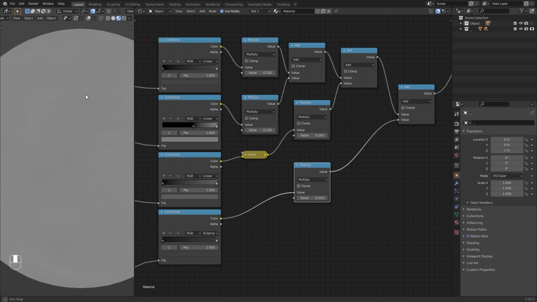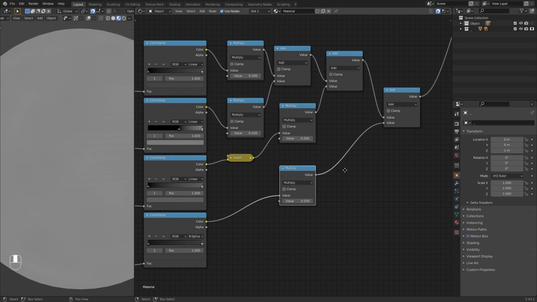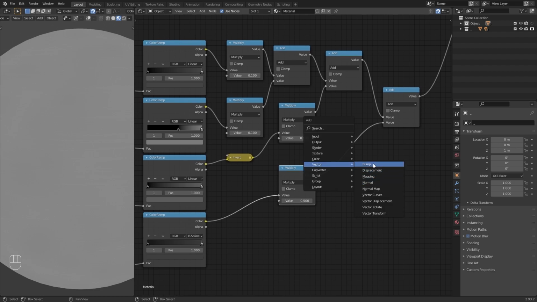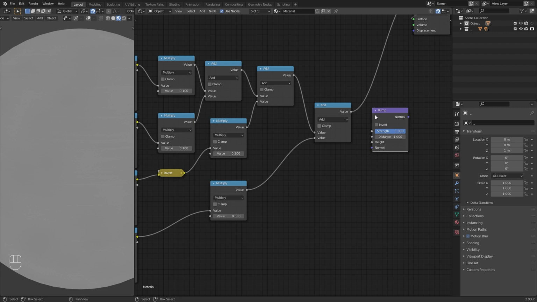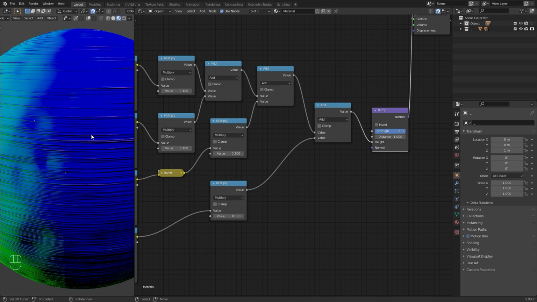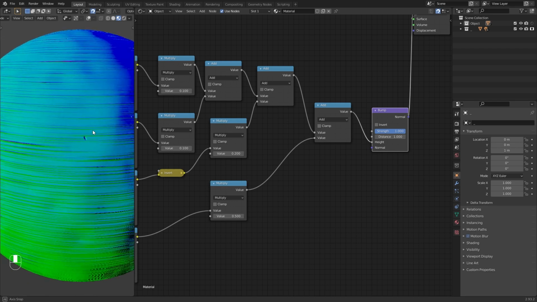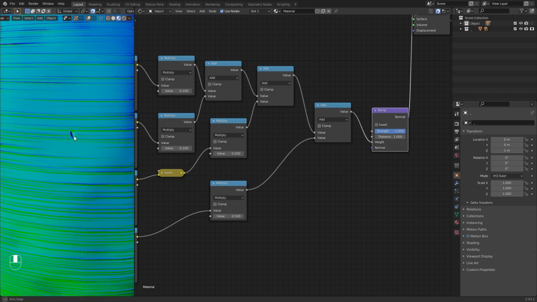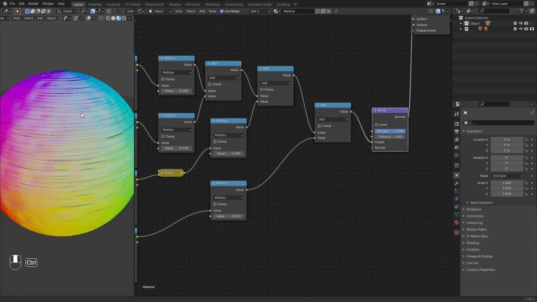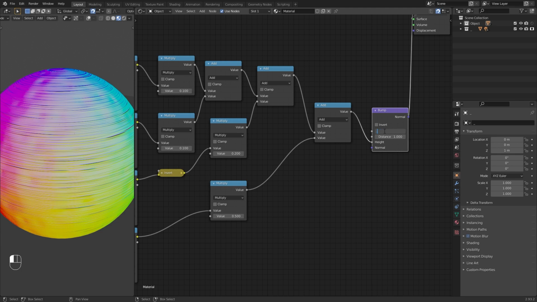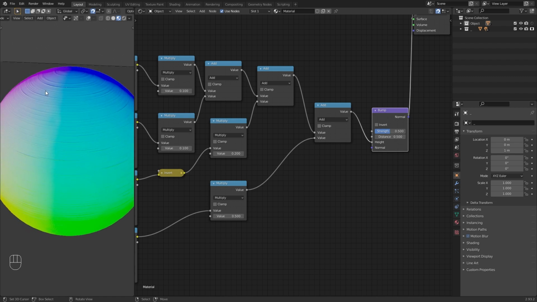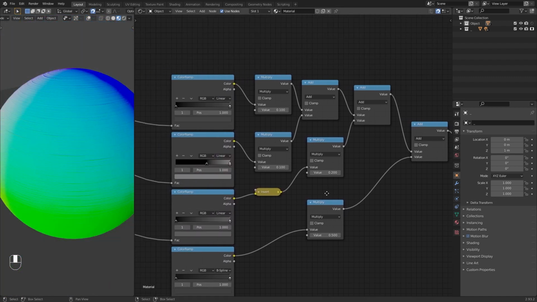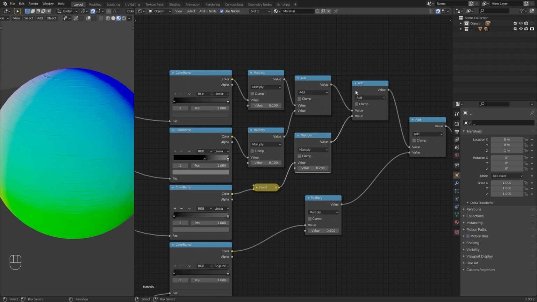But to connect this map to the principled shader, you need to connect this bump map to a bump node. So, now add a bump node, and connect this map output to the height value of this bump node. After connecting this, now you can set a node preview for this bump node and see how it works. Here, enter 0.5 for the strength and distance values of this. We have now created the bump map of this material. So, now arrange the position of these nodes and frame these nodes.